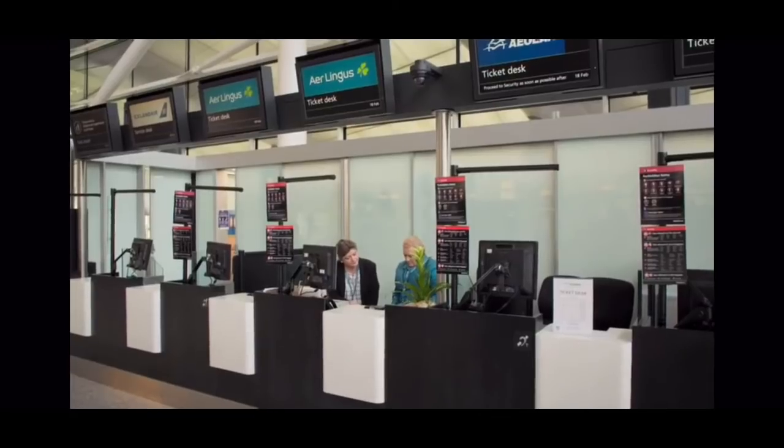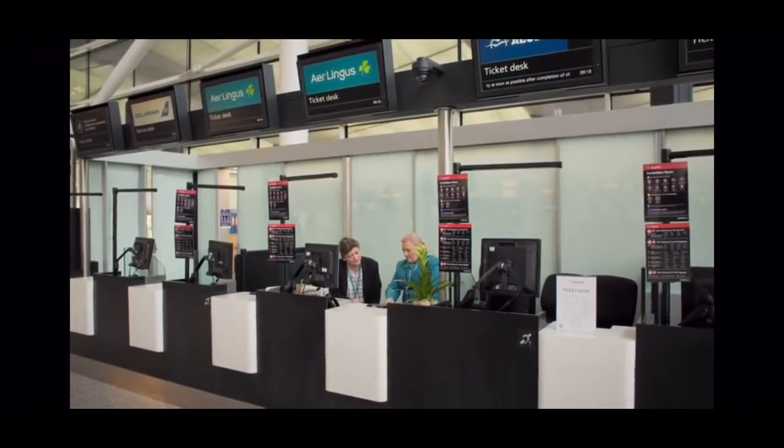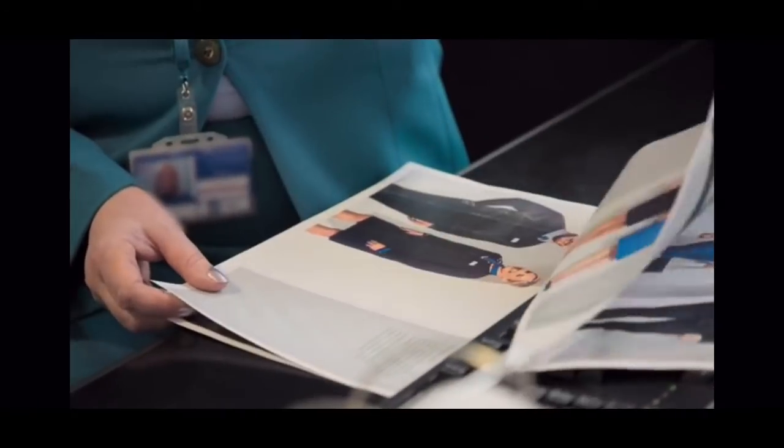It looks really blue, doesn't it? Yeah, but I don't think in reality it's as blue as that. It's more teal. For Heather and Siobhan, it will need to withstand the rigours of a day jetting passengers to and from the Emerald Isle. We're on our feet 9 hours. Yeah, so you've got to be comfortable. Jetting around, so we have to be as comfortable as possible, and this uniform's got to be comfortable as well to